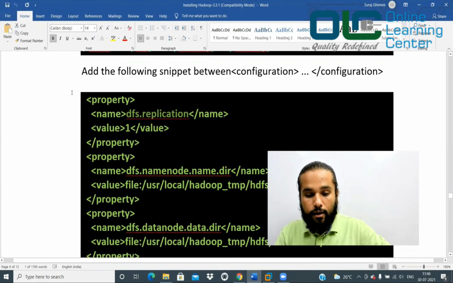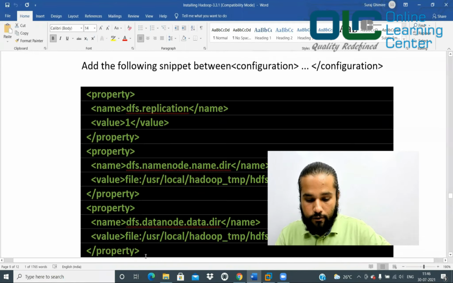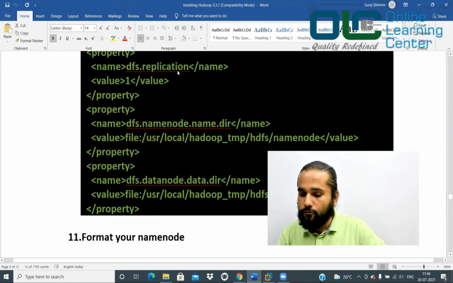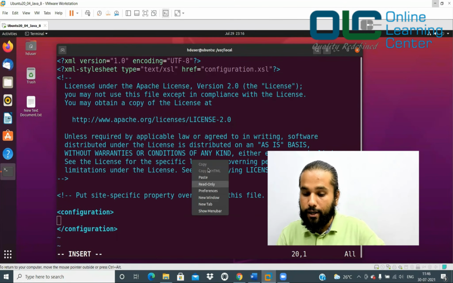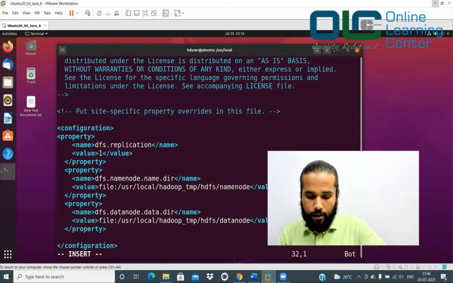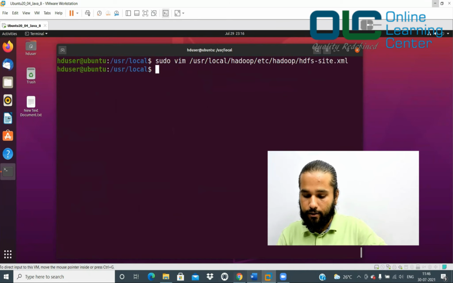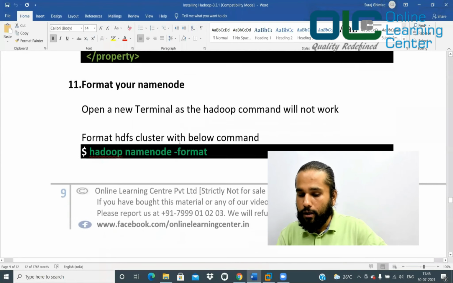So let us copy this whole stuff wherein I'm saying my replication would be 1. My name node default directory would be hadoop_tmp/hdfs/namenode. My data node default directory would be hadoop_tmp/hdfs/datanode. So copy this and just say paste. You have already pressed I to get into insert mode, so paste. Now escape, colon wq, enter. Done. All right, so far we have done good.